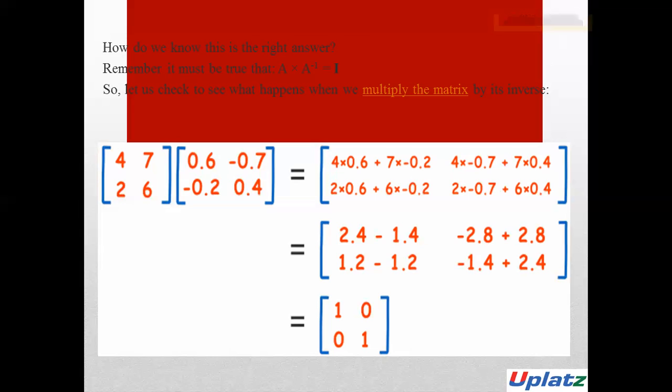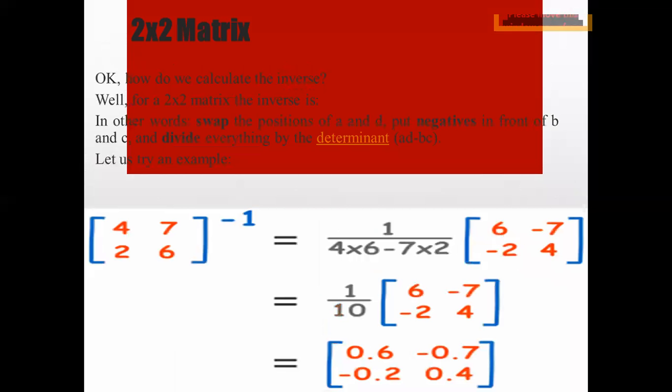So it means the matrix is 1, 0, 0, 1, which means that the inverse of the matrix 4, 7, 2, 6 is the correct answer. What we got, 0.6, minus 0.7, minus 0.2 and 0.4. Okay, so this is how to find the inverse of a matrix,